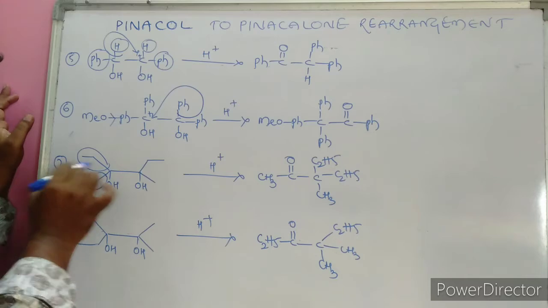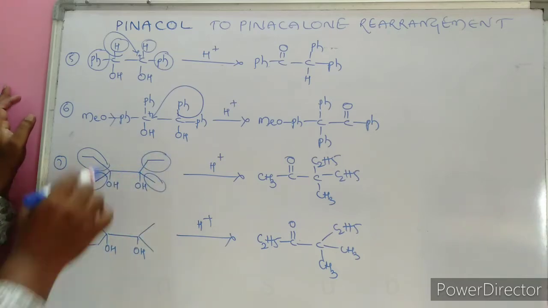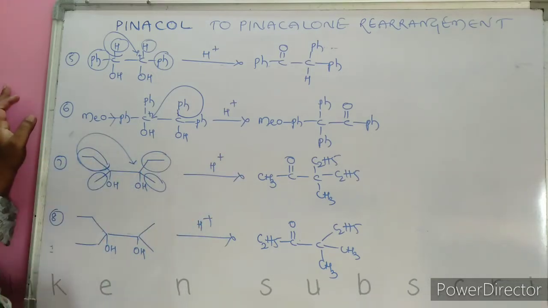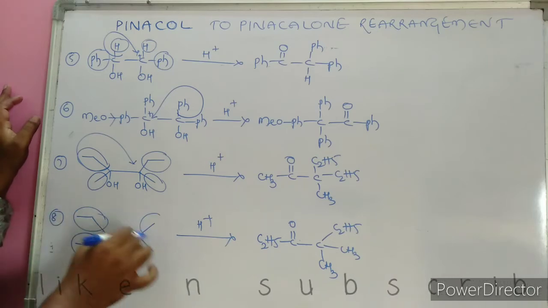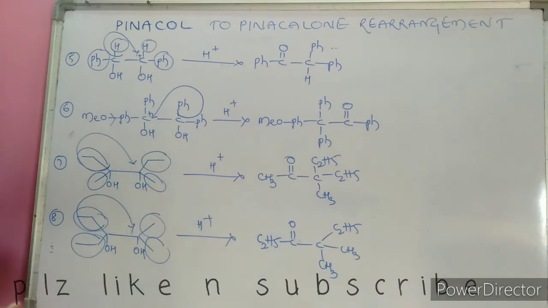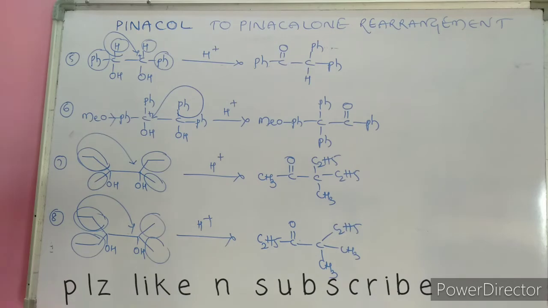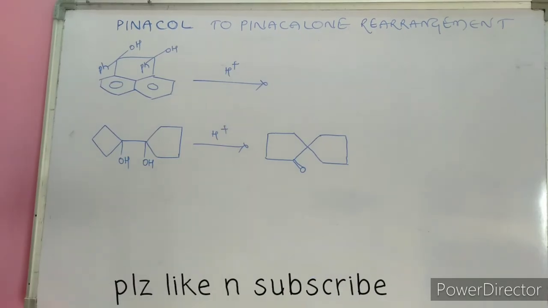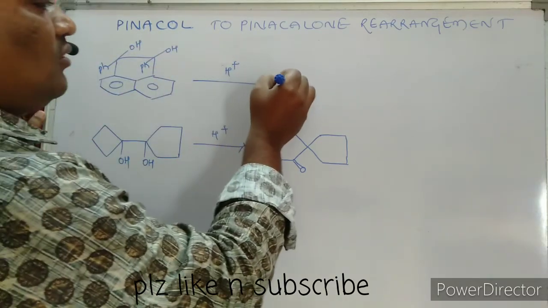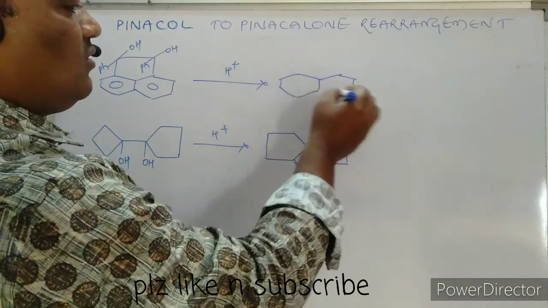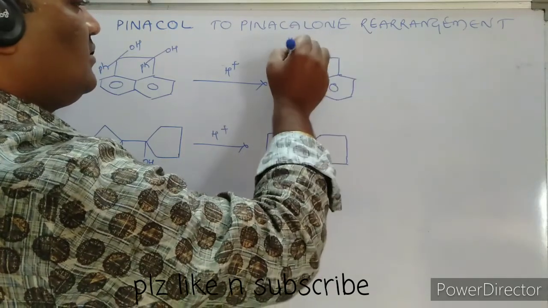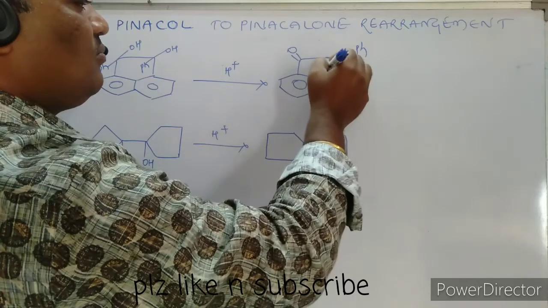Here an ethyl group is there, a methyl group is there, an ethyl group is there and a methyl group is there. We know well the migrating ability of the ethyl group is greater than the methyl group, that's why it is migrated. Here on one side both the ethyl groups are present, here methyl groups are present. The ethyl group is migrated easily, and the respective carbonyl compounds form easily. Here such a complex is given, in the presence of H plus, a vicinal diol is present, then obviously what we get, the remaining moiety is not changing anything, but here both places, here is a C double bond O, here is Ph and Ph.